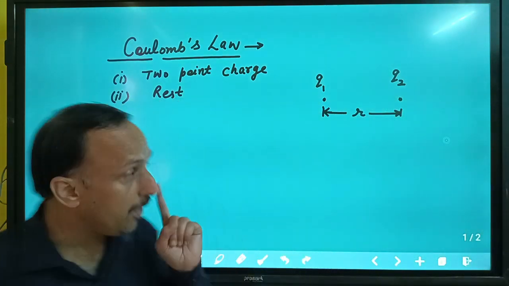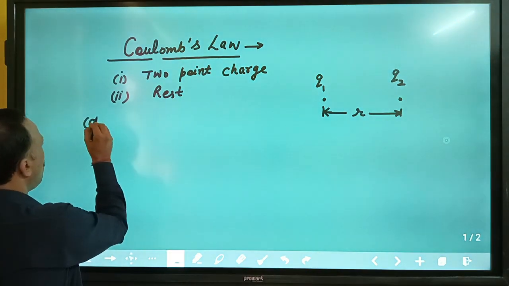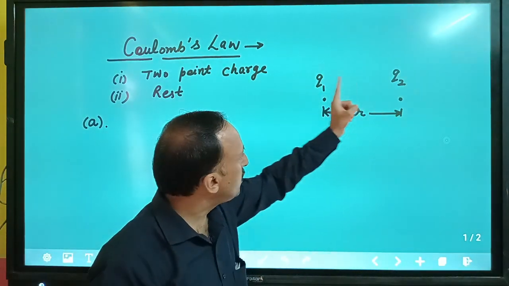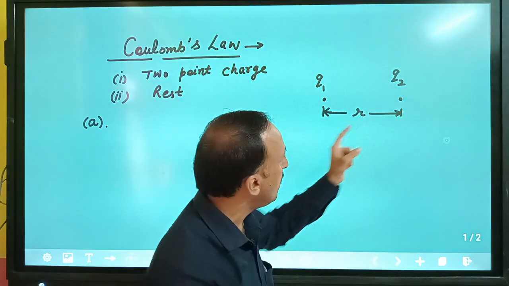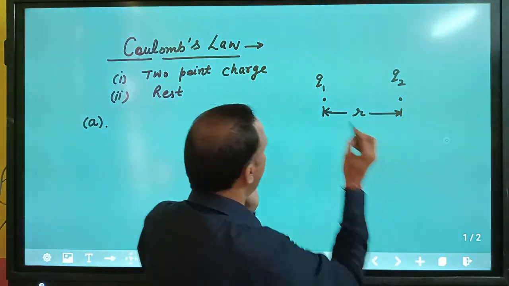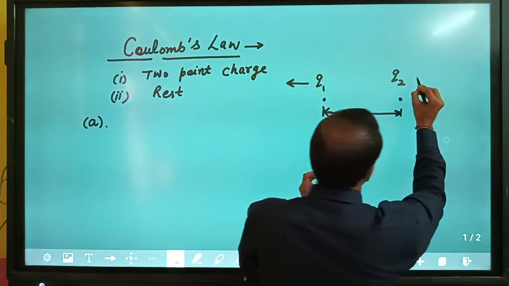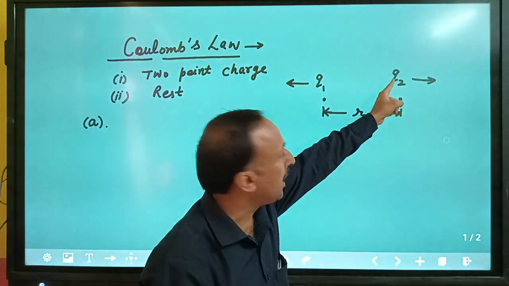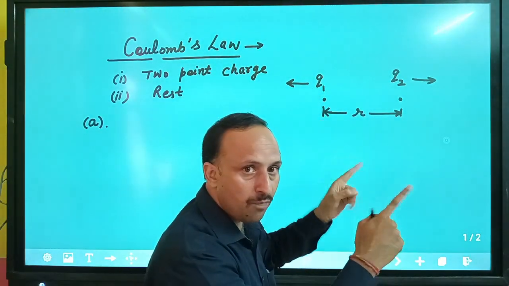r. Then according to Coulomb, this statement is divided into two parts. Part number 1: these are the two point charges, one is plus q1, another one is plus q2. What will happen? Like charges always repel. So here I will have a force of repulsion. But if I consider any one charge to be negative, suppose this is negative and this is positive, then there is a force of attraction.